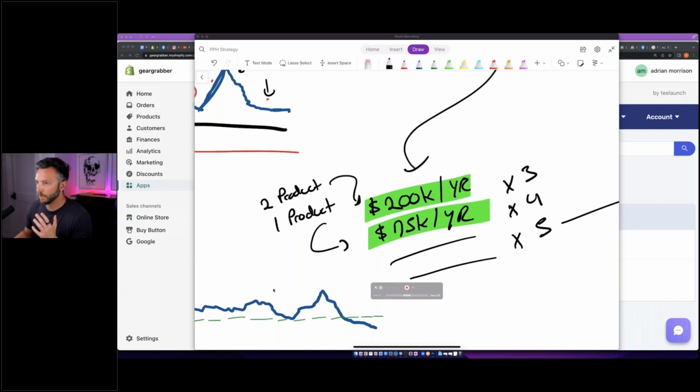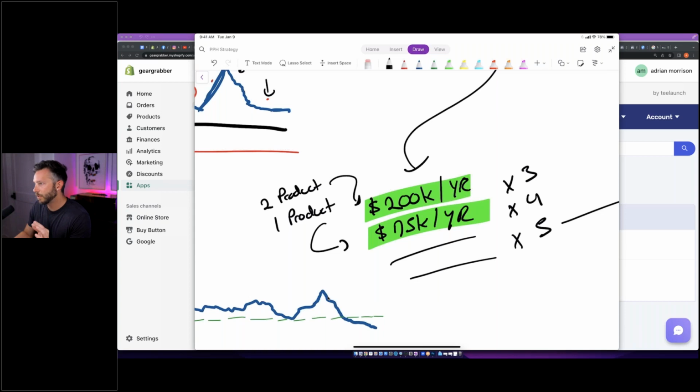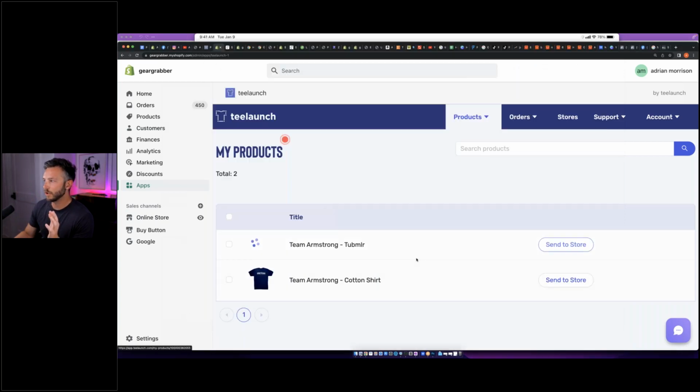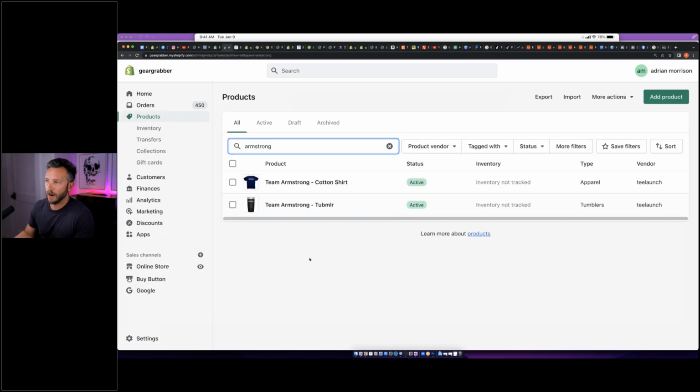Now you can improve upon my designs, which is totally fine. It might be even recommended, but keep it simple, right? Keep it simple if you want to generate sales and you want to do it quickly. When you keep it simple, you get more done. When you try to get complex and make all these beautiful, insane graphics, and you're worried about the shade of green that it is, or where that one little spot on the shirt is, and you feel like that graphic could look better, what happens is you waste time. Like, nobody cares. Legit, nobody cares. All right, just make it and get it done and scale.